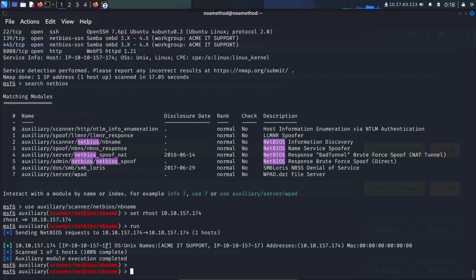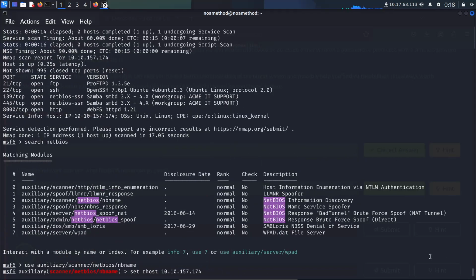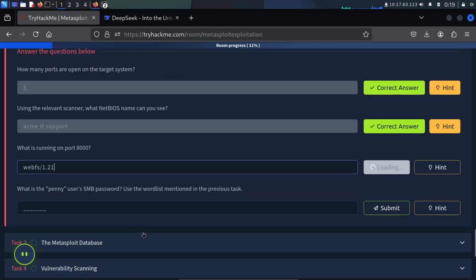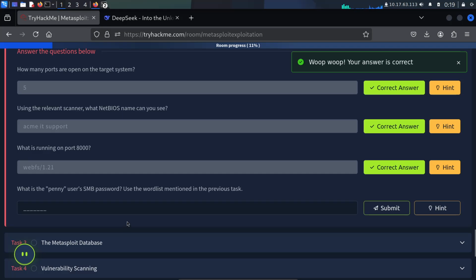But we must check the IP, it is WebFS 1.21. Alright. What is the password of the user Penny mentioned in the previous task?